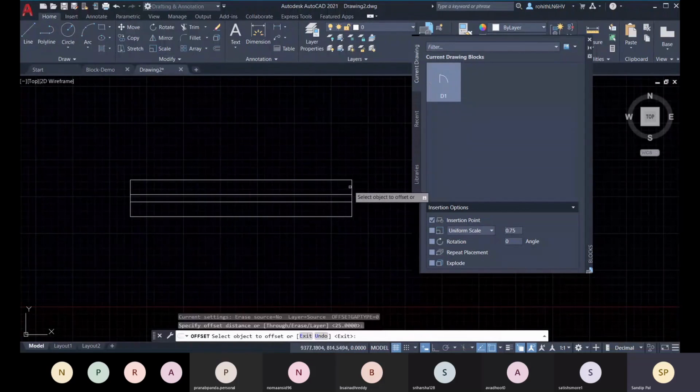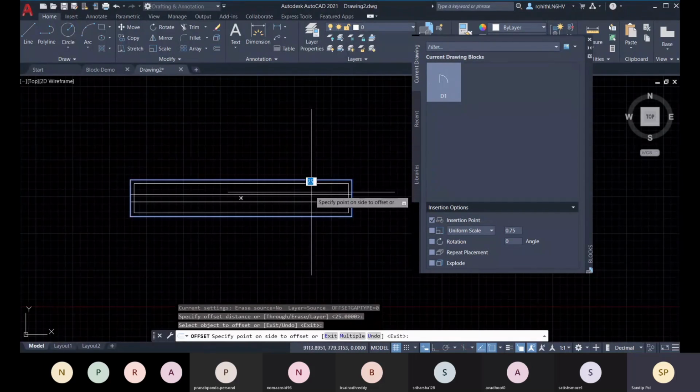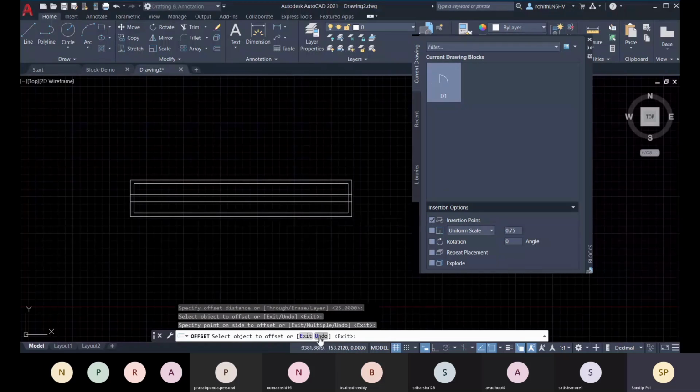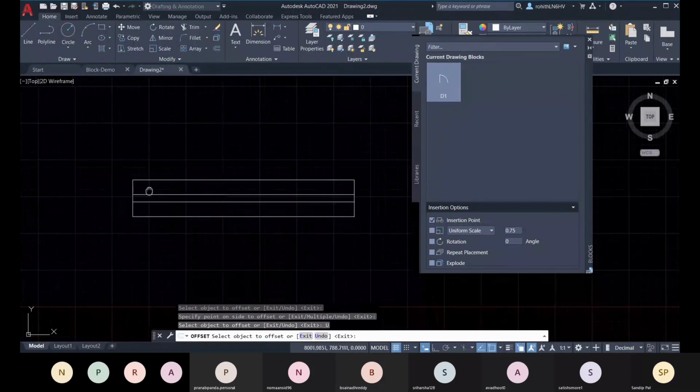And here you see that this is a rectangle. Whenever I select, this whole rectangle will be selected. I need just this side and this side for my offset.